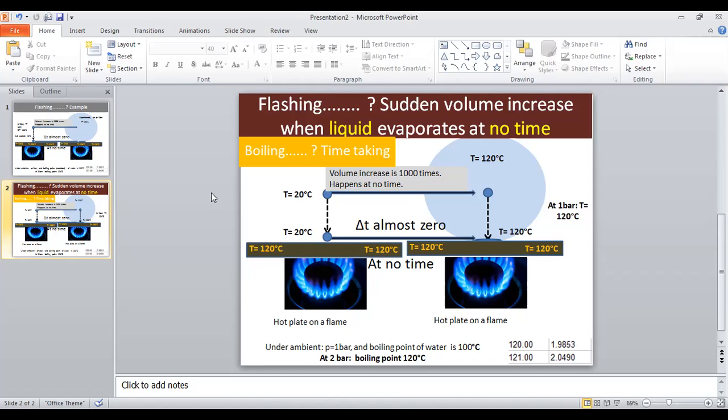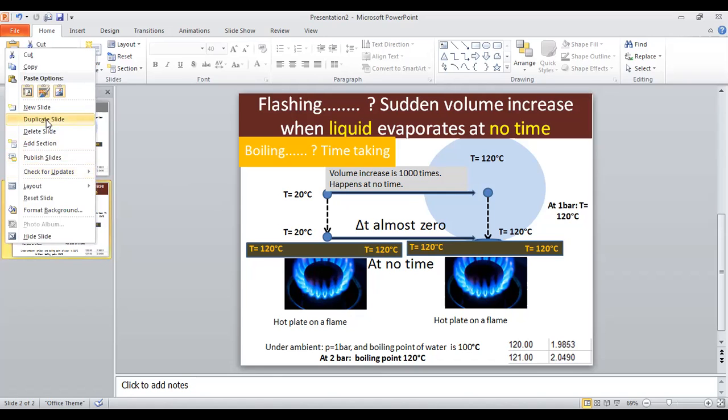See, very nice. If you are keen on food processes, maybe that can be a very wonderful process to try out some food innovations. Who knows? So this is about flashing: sudden volume increase, the boiling. Okay. Now we are going for